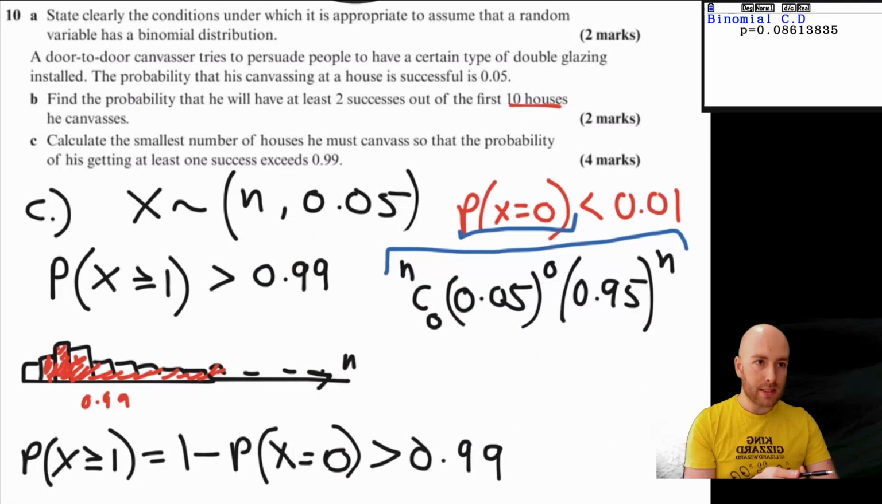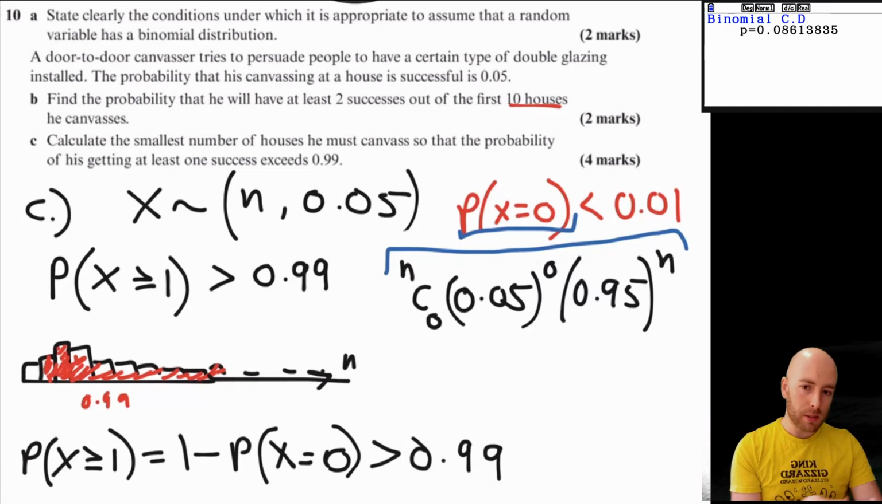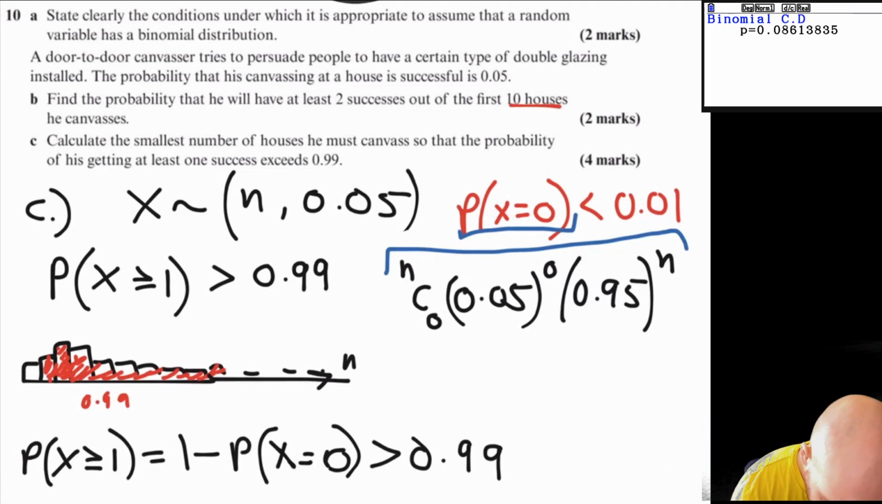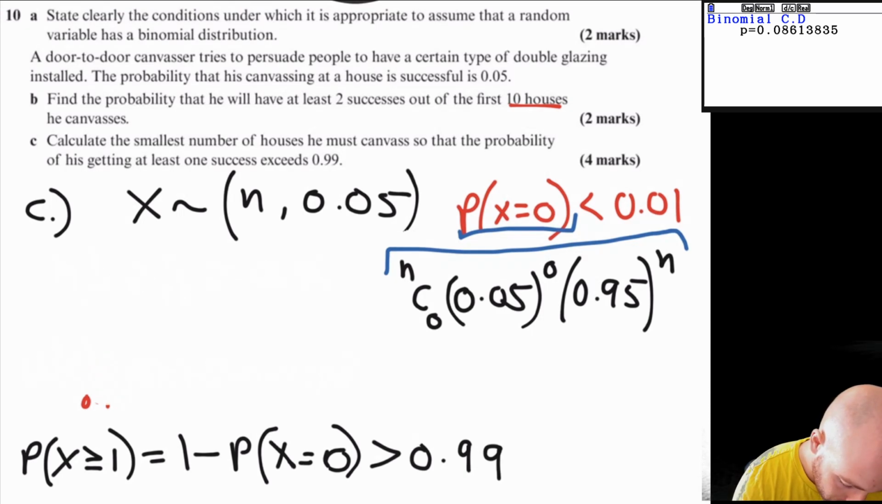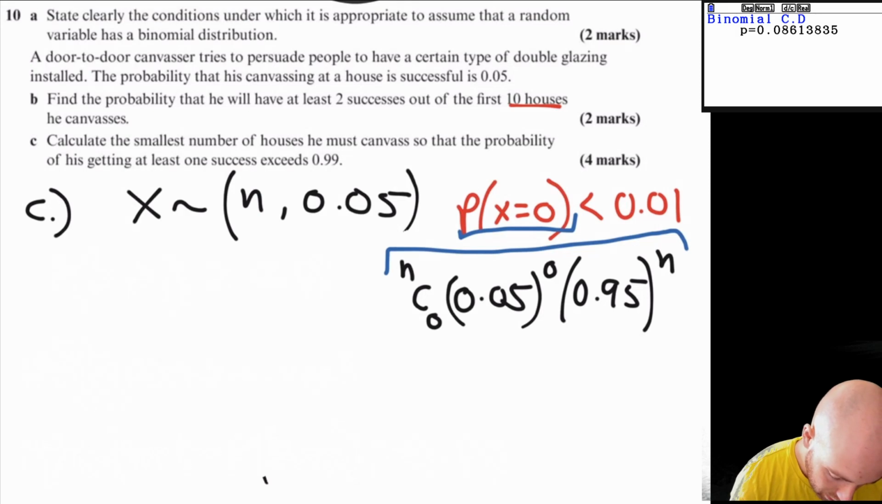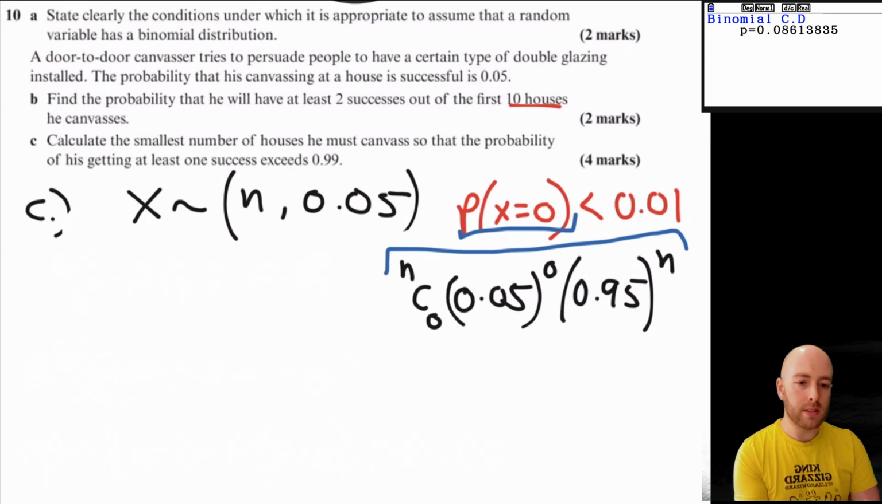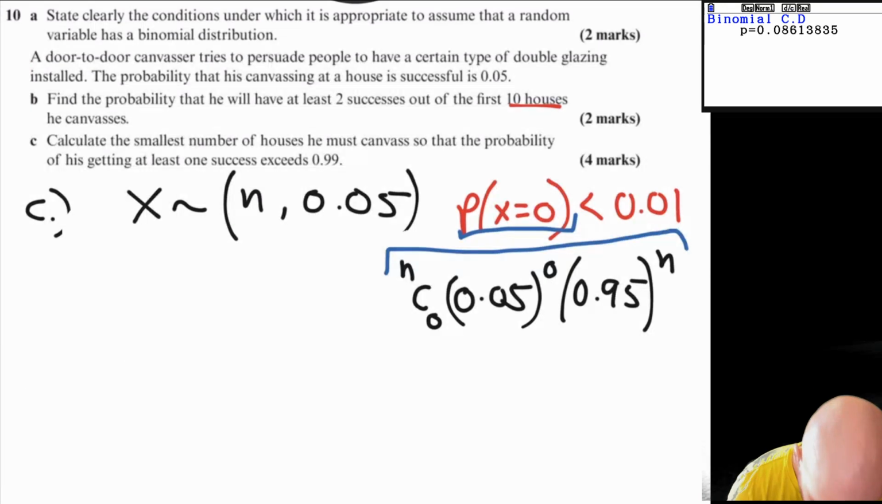Now, what is nC0? Could you guys all comment what nC0 is, please, just while I clear some of the screen? nC0, we don't know what n is, but what is nC0? What's anything C0? One, good. All right, so we get 1